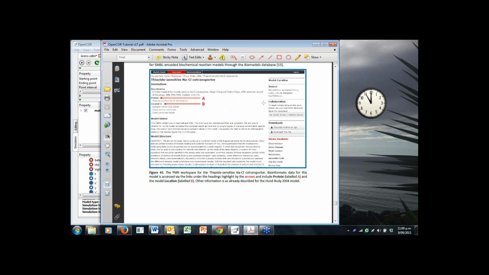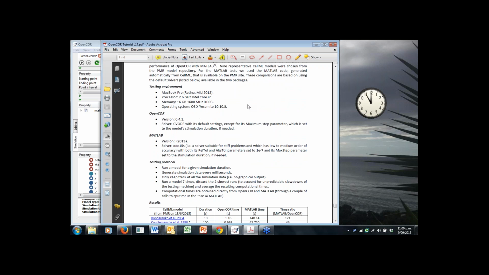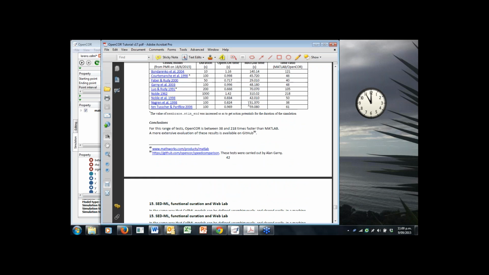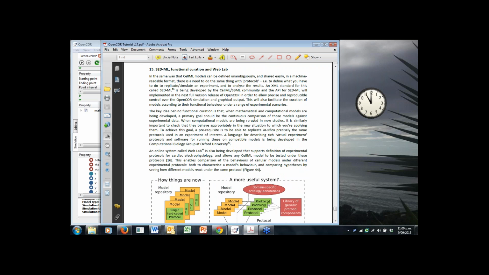And expect to see more and more of this on the CellML site, where we're creating libraries of proteins such as ion channels or transporters or enzymes that can be accessed as standalone modules for importing into other more complex models. There's a speed comparison there against MATLAB, and then there's a section on the use of a markup language for specifying the actual simulation. So the latest version, not the stable one that you're using, but the very latest version